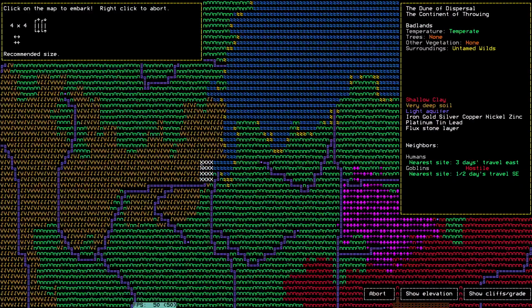I kind of want to go for the mouth of both of these rivers. I think I want to go there. What could possibly go wrong? Well, we get some sea, we get some Badlands, we get some of that savannah, we get 2 rivers. We have shallow clay, very deep soil, light aquifer, every metal, but as far as I can see, everywhere has metal. The goblins are only half a day away. And